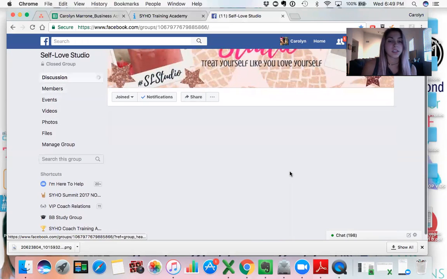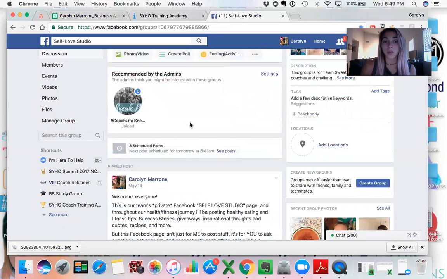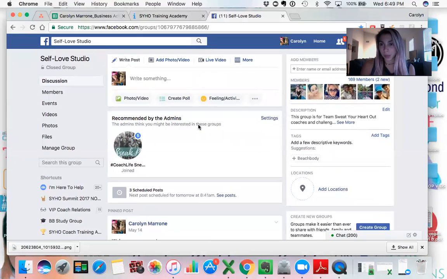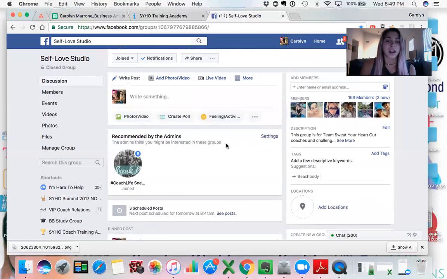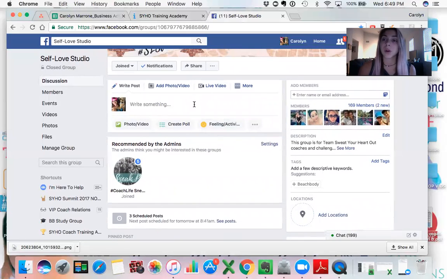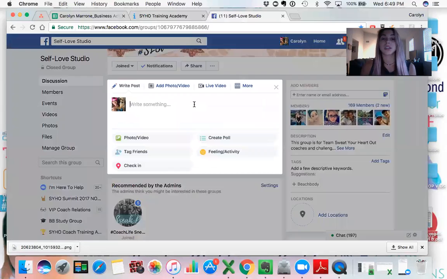So the group itself, the way that you run your group is totally up to you. You can actually schedule posts now, which is super exciting because that was not available in the past. So if you wanted to schedule a post to post at a certain time or day, like if you wanted to have a morning check-in post or a nightly check-in post or something like that,